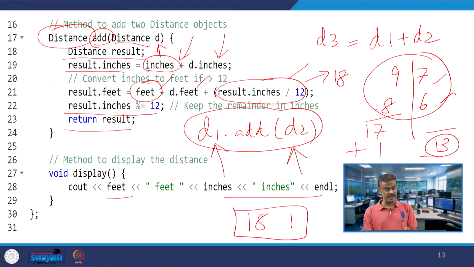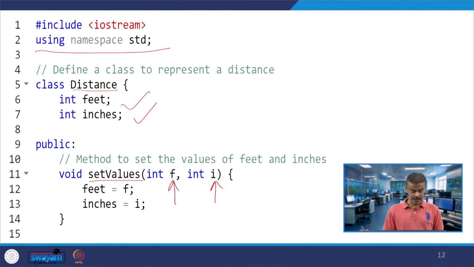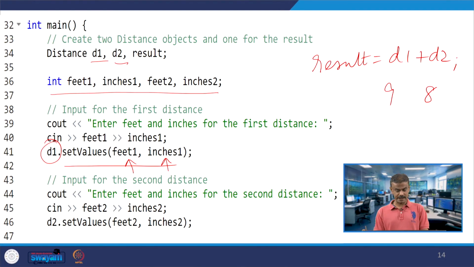In the set value member function, feet is equal to f and inches is equal to i. So 9 and 8, and for the second one I am giving 8 and 6.